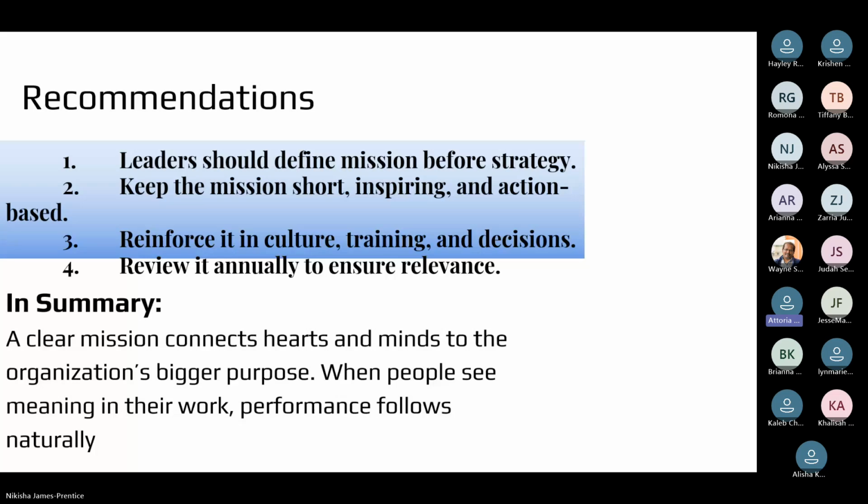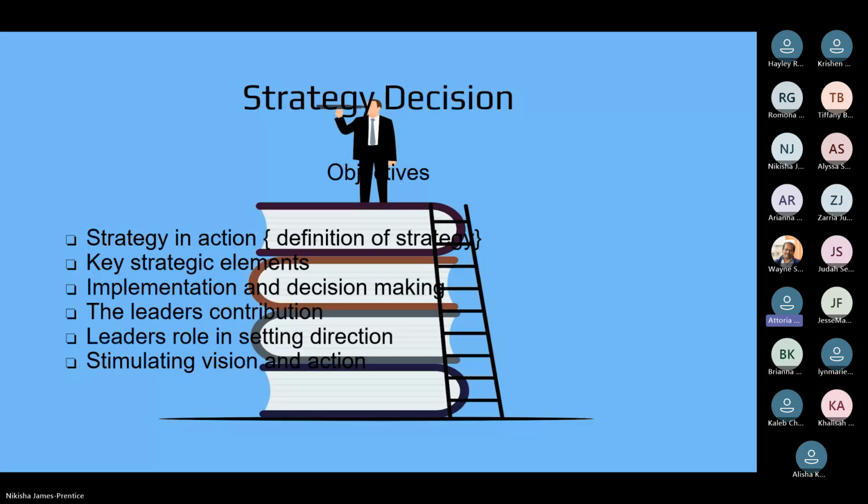I want to one day open a PSN business, and an example of what my mission can be is to empower self-expression by providing the safest, most precise PSN experience, grounded in compelling, sterilized excellence, and dedicated to earning the absolute trust of every client. Here brings us to the end of my part of this presentation, and now we will have Zaria carrying us through the last part of our chapter.